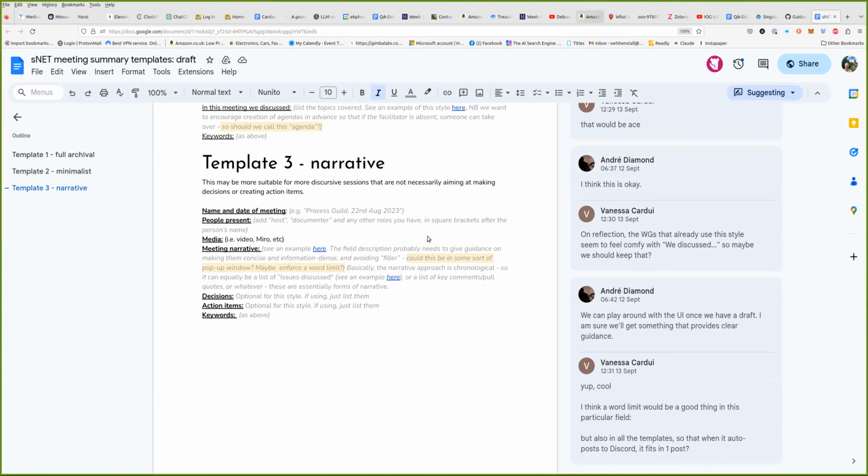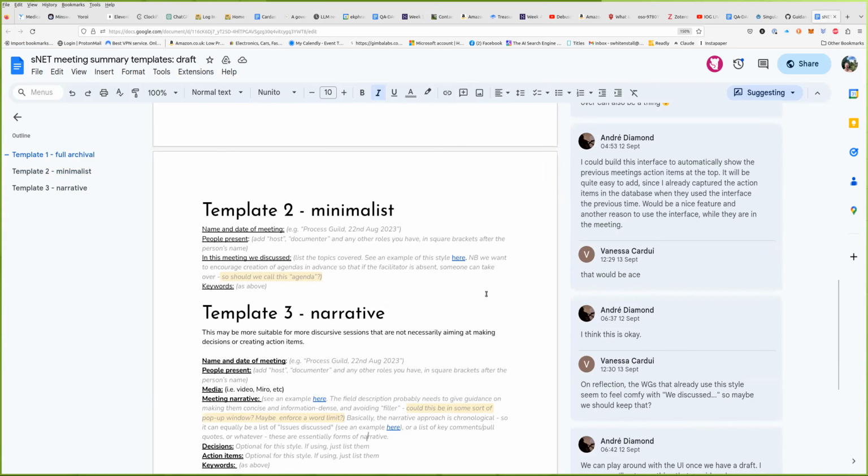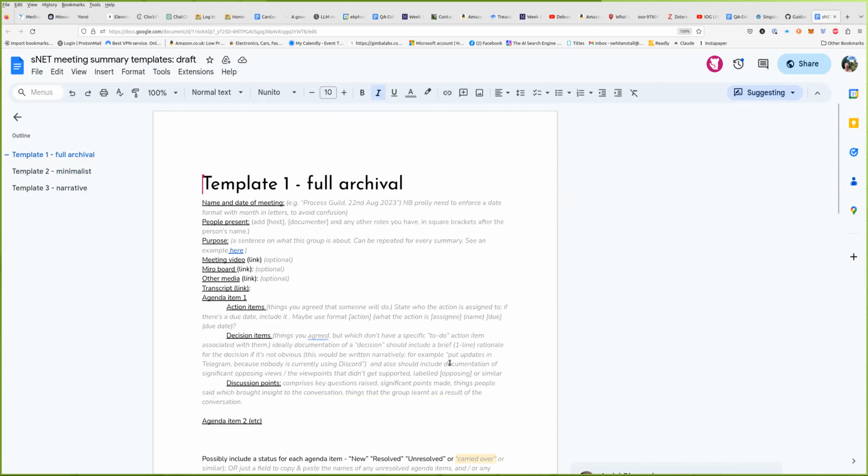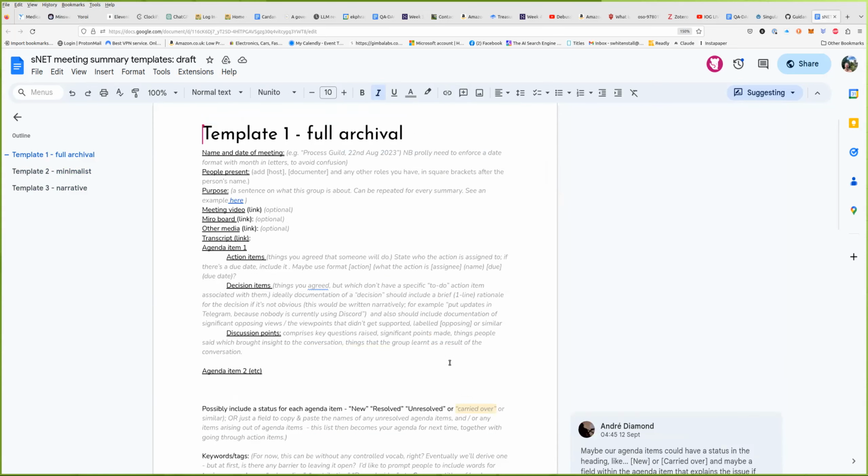Oh, we should probably add that we also intend for it to help improve decision making. The whole interface will extract people's action items and decision items and put it into their agenda for the next meeting, so that we don't lose track of things the way we always do. And that's reflected in some of these templates. But I don't want to steal Andre's thunder here.